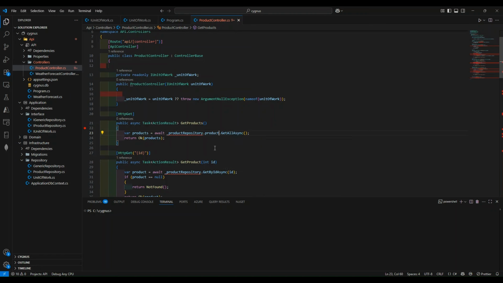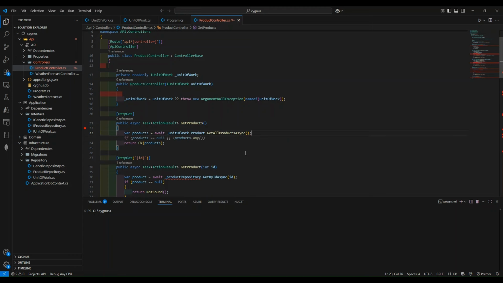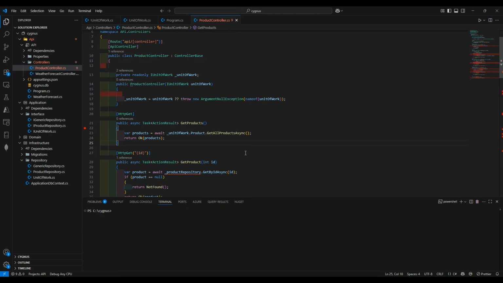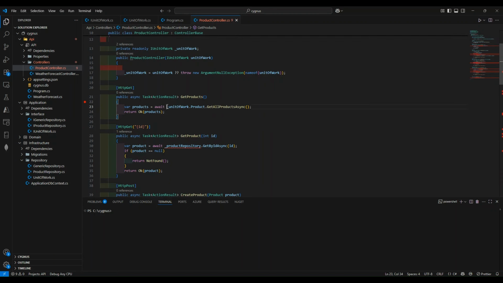I is coming, final does not exist in the current context. UnitOfWork dot Product dot GetAllProductAsync, async, and what else? So it will be product, not null, anyway. Okay, and then save, and also the same thing we need to use in our